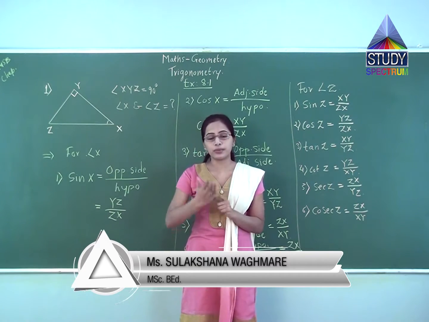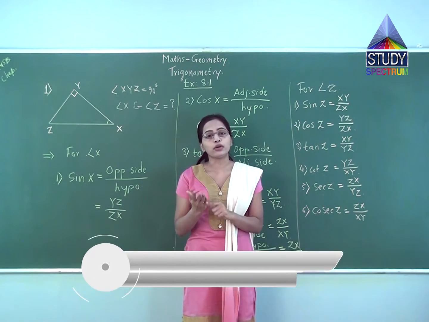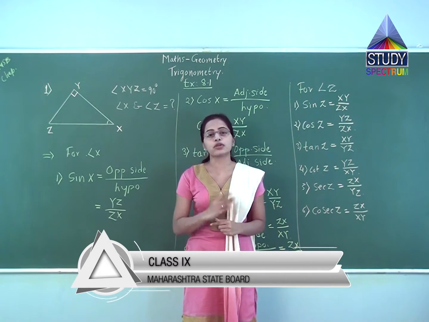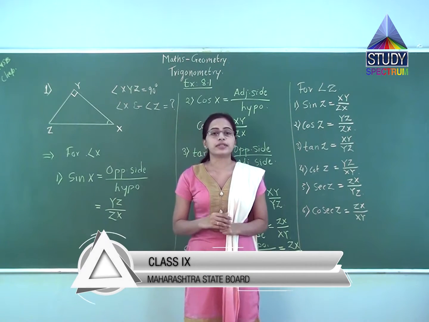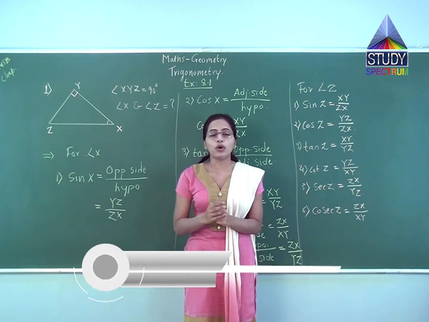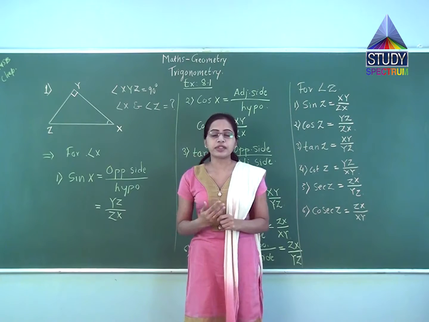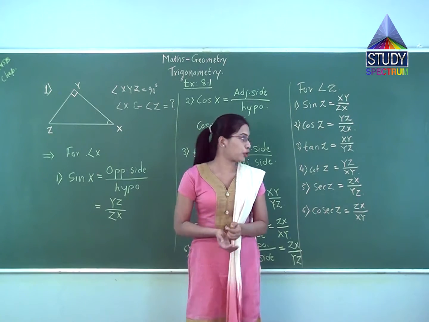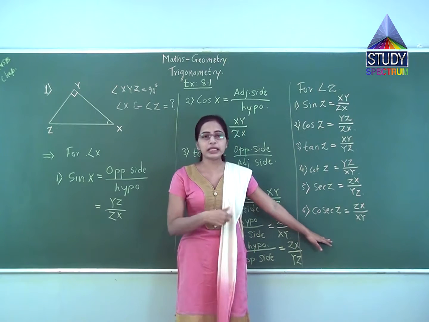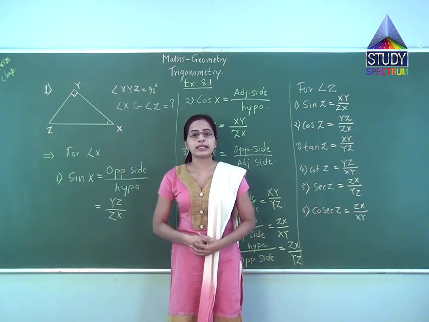Sine is the reciprocal of cosec and cosec is the reciprocal of sine. Then tan and cot are reversible, and sec and cos are also reversible. So they have their reciprocal ratios. After learning or keeping in mind the first three ratios, we can write the next three ratios in a shortcut way or in an easy manner. Now let us solve the next example.